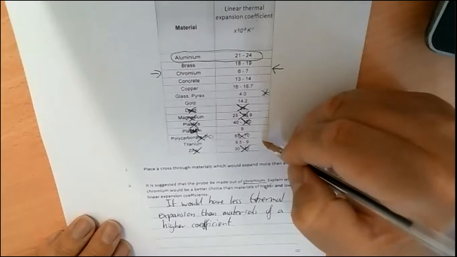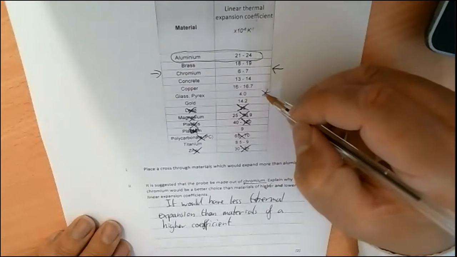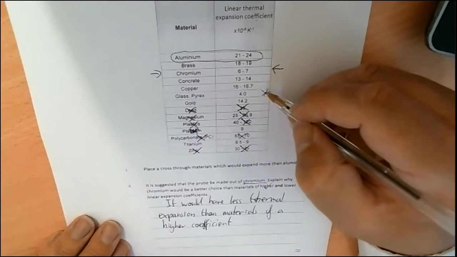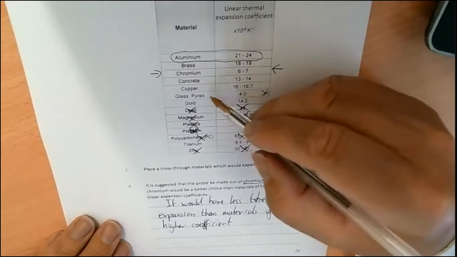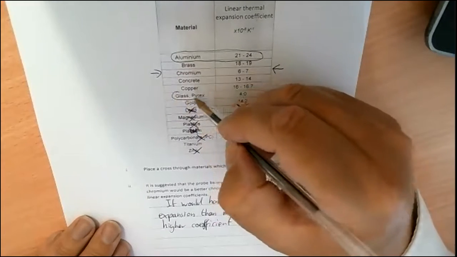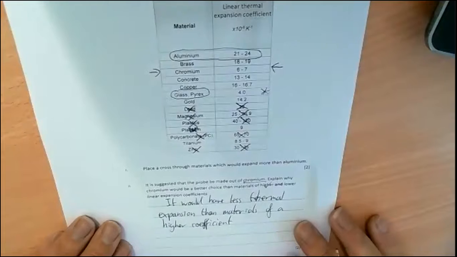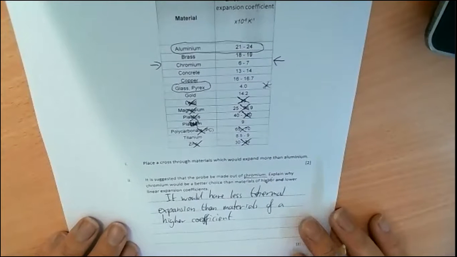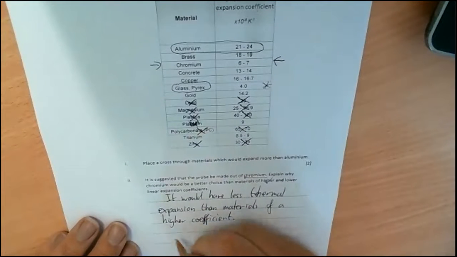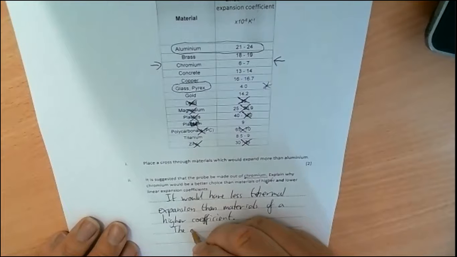And that's about it. So this one would be the only one with a lower coefficient. As we go across, we look at what it is. It's glass. Well, what do we know about glass? Well, glass is brittle. So you would say the only material